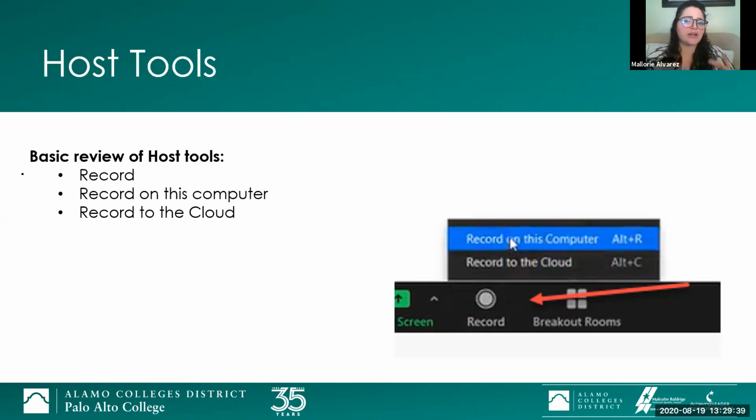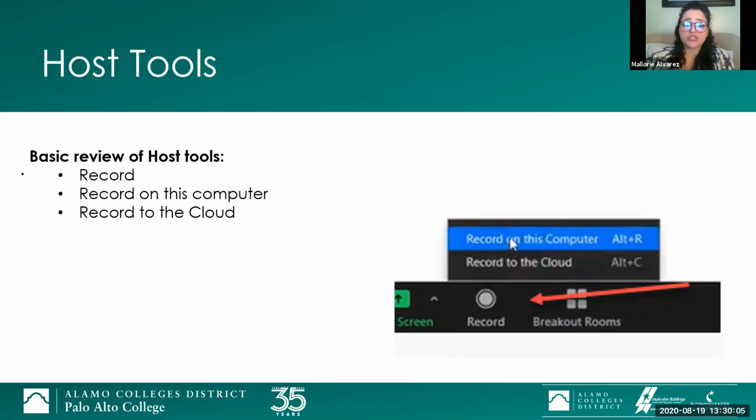So as long as no minors are speaking out during your Zoom session and it's just you doing the talking, then that's all that's going to be recorded. If you are trying to record students, you have to record the gallery view. But as long as your gallery view isn't being recorded, you're not going to have to worry about FERPA, and some of them are minors.